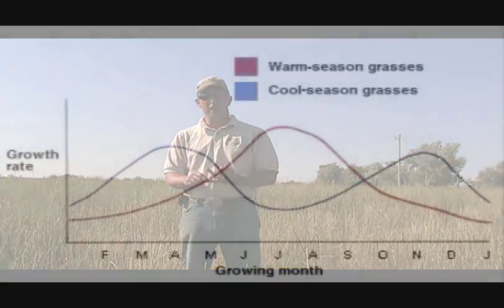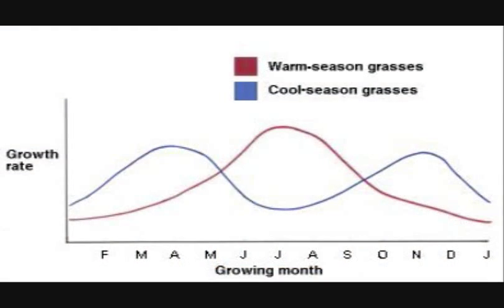And for most areas in Wyoming, our cool season perennial grasses are our most important forage producers. Cool season grasses start growing maybe towards the end of March or in April, and they grow pretty well till about the 1st to the middle of June. And then they produce seed heads and they go to a semi-dormant state for the hot months of July and August, and then have some regrowth into the fall, and then go dormant throughout the winter time.